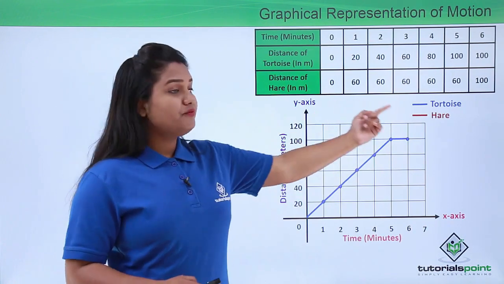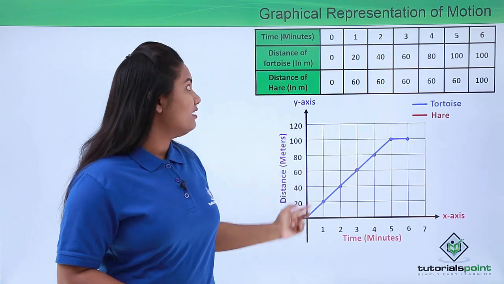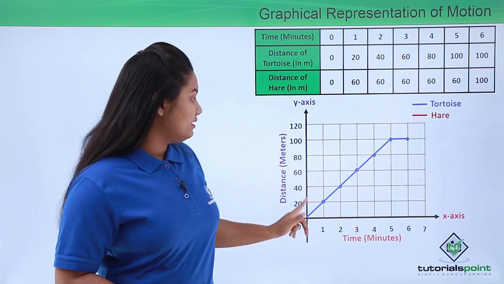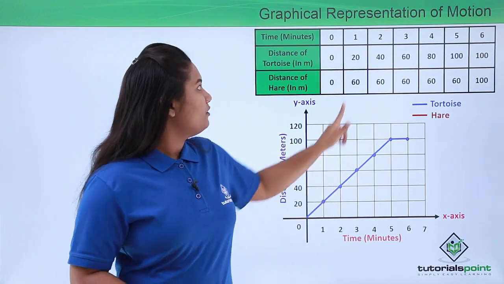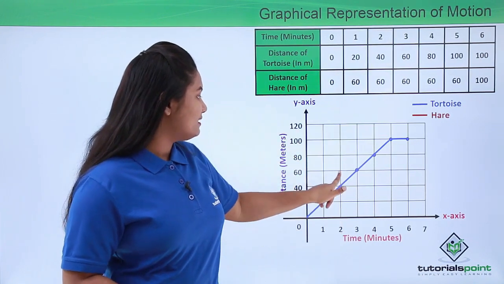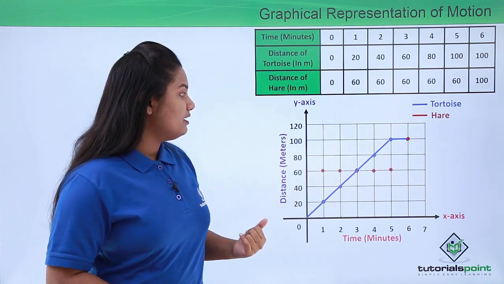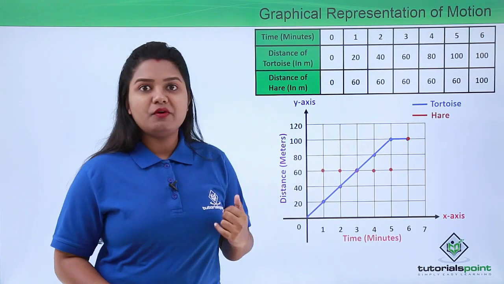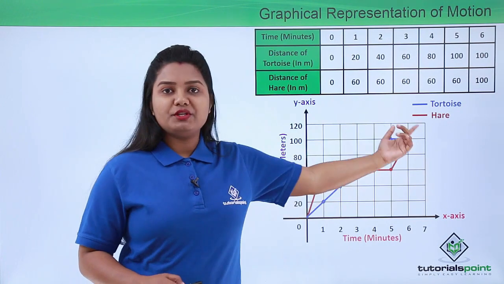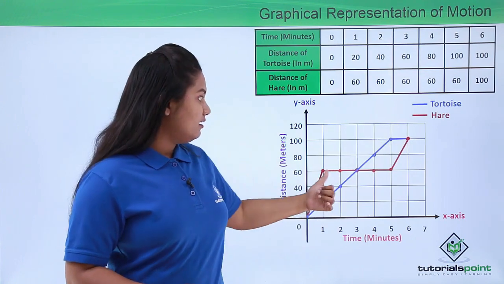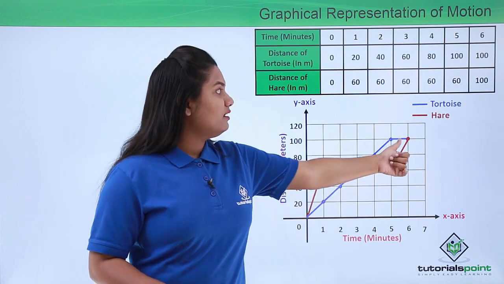Now let us do the same thing for the hare. For hare, the first point will be 0, 0, which is at the origin. The second point will be 160, that is this point. The third point will be 260, 260, which is this point. So in a similar manner, let us mark all these points. Now on joining all these points, the graph that we get is of the motion of hare. So here the red colored graph shows the motion of the hare and the blue colored graph shows the motion